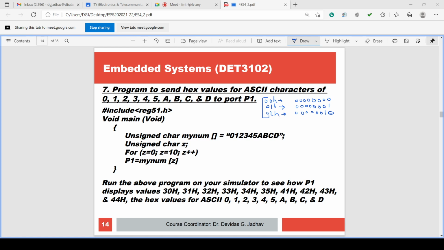What is an ASCII character? ASCII is the coding of different symbols, and those symbols include numerals, alphabetical symbols in small case and capital case, punctuation marks, mathematical symbols, Greek letters, etc., all together.